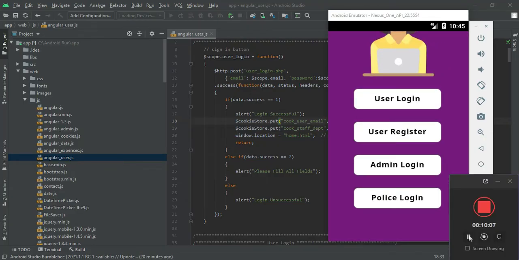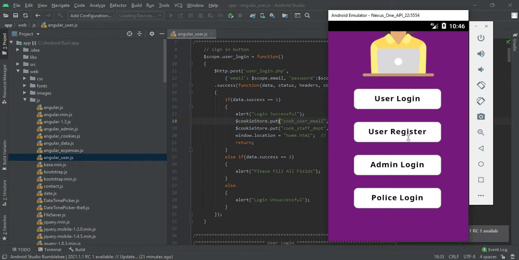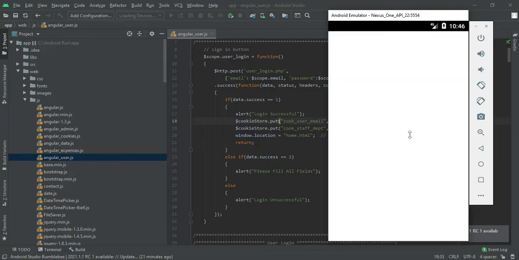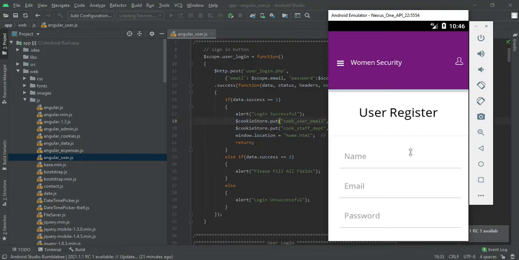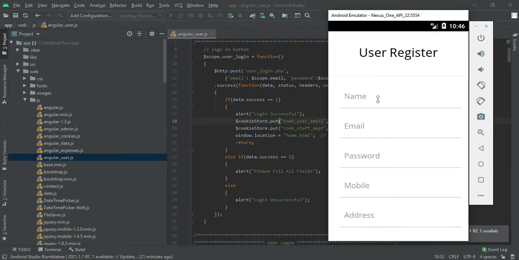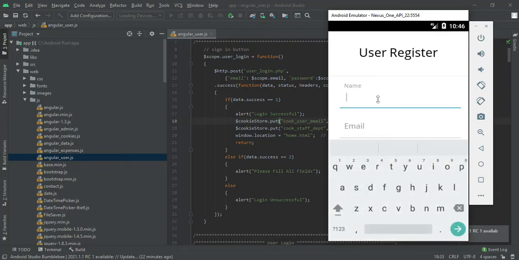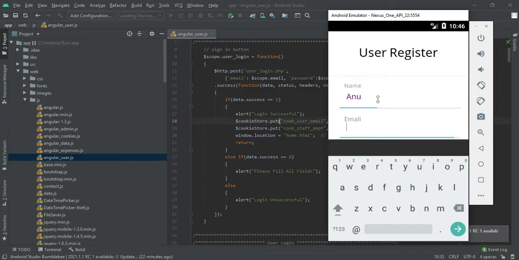Next we will move to the user login. Let's start with the user registration module. Click on the user registration and fill up the basic user details.